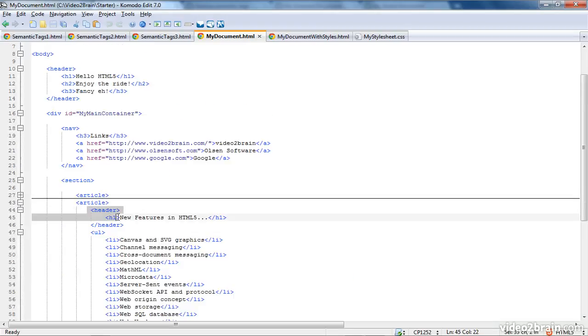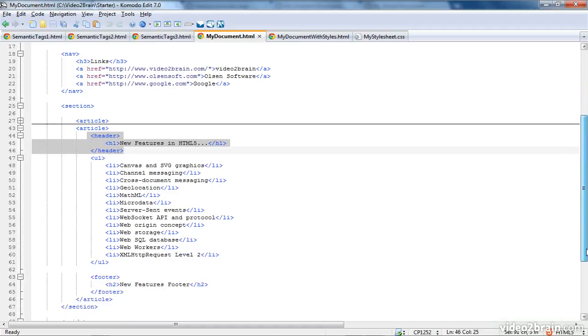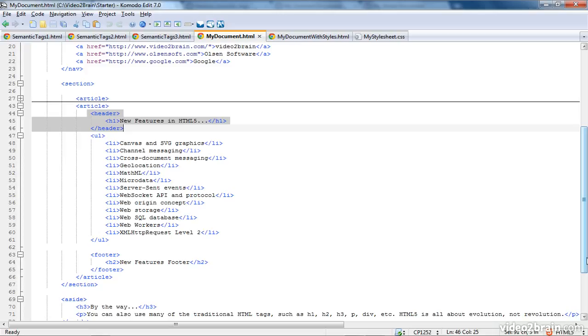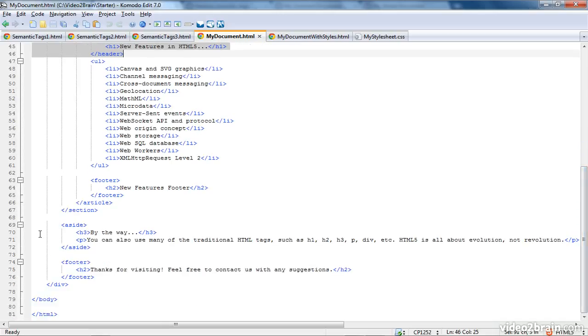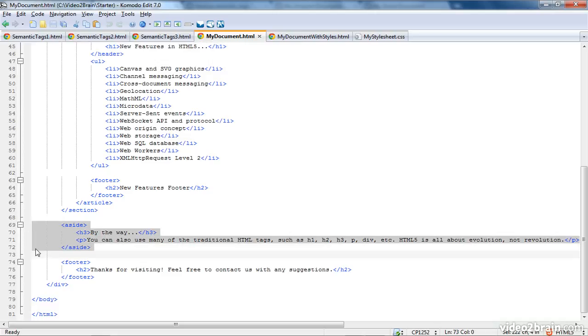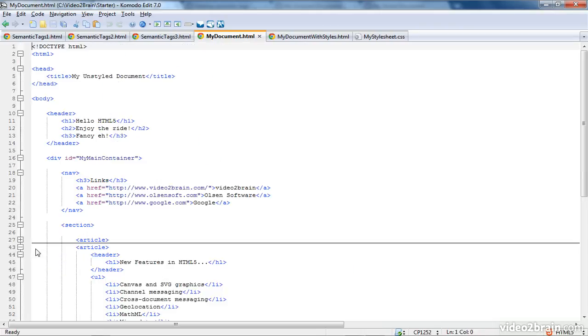So this article has a header as well, and an unordered list with some nice features in HTML5 just to display them on the web page. And just to finish off the example, I have an aside here that displays some additional information that might be useful for the user. So as a developer reading this document, you have a fairly good idea what the meaning of this element is. It's for hyperlinks, and it's much better than just having 100,000 divs in your document with